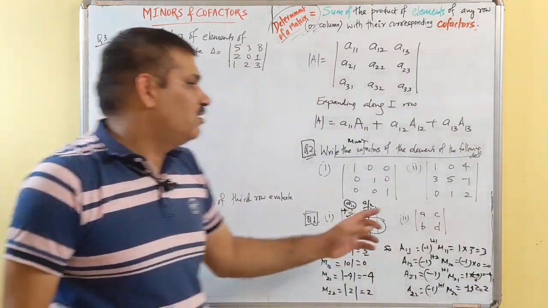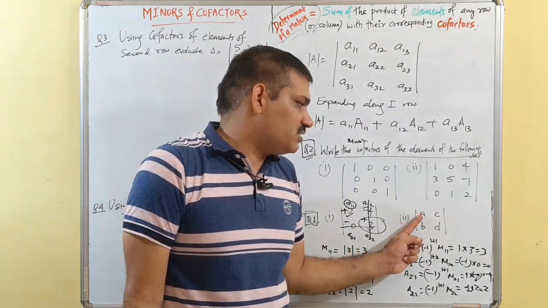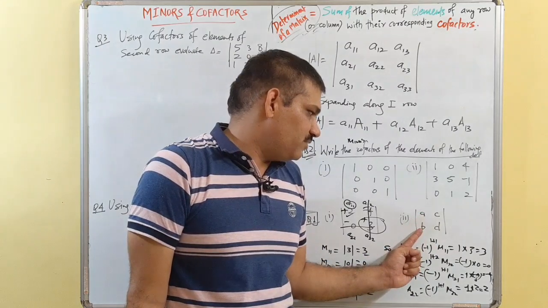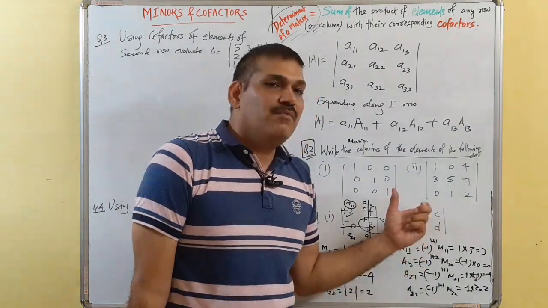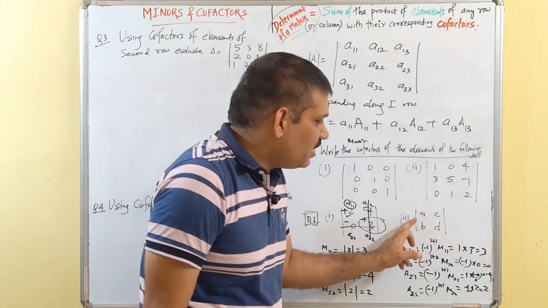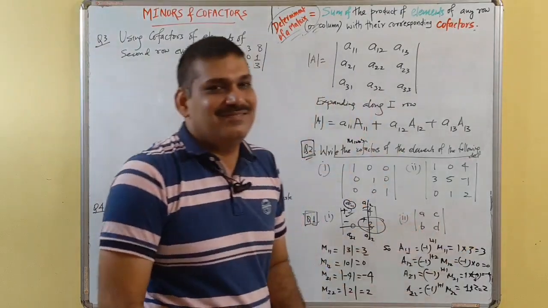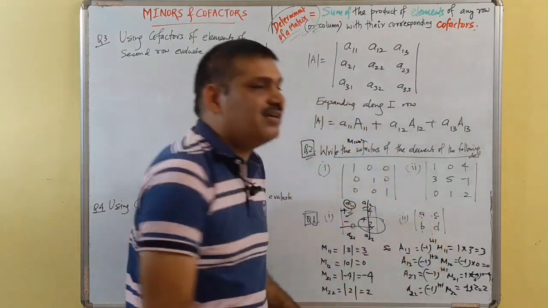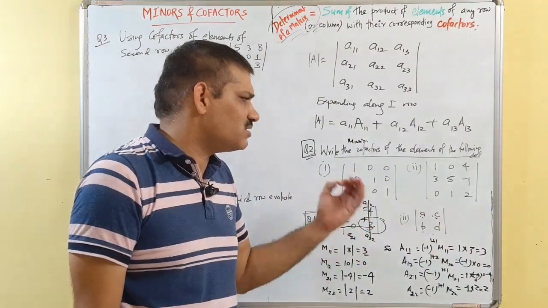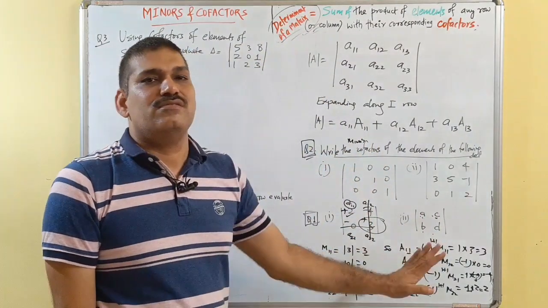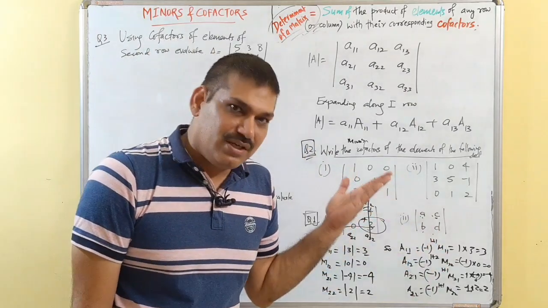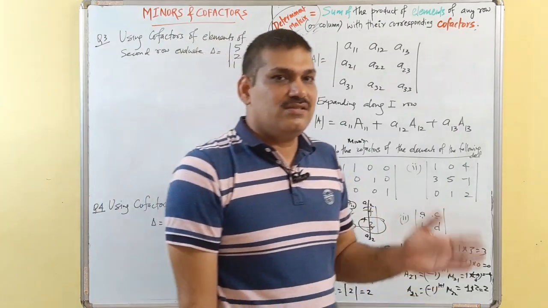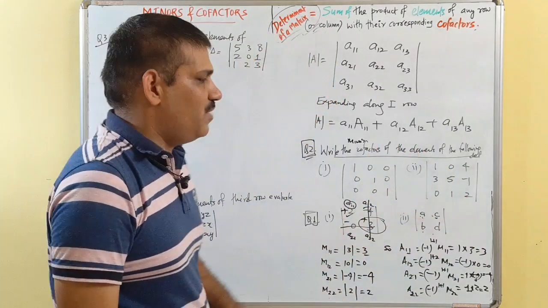Similarly here, the minor of this element will be simply D. The minor of this element will be B. Minor of this element will be C. But what is special here? Actually, we have a habit: A, B, C, D. It is not like that A, B. Actually, A, B, C, D. That is the most important thing. If you are missing a single thing, if you do not observe the question carefully, you will be doing it wrong. So be careful. Try to do all the exercises so that we can understand the concept better.